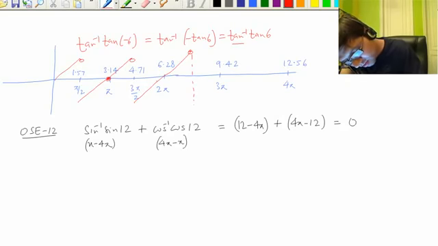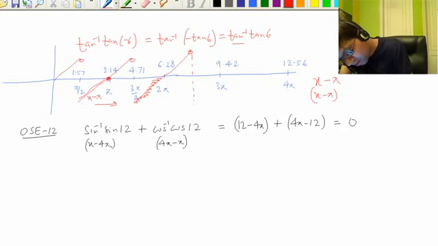Six is here on the section, and for the definition of this section, we'll move this pi units ahead, right? This definition is x minus pi. We have to move pi units ahead, so I'm writing here x minus pi. Pi units ahead means we replace x by x minus pi. X minus pi minus pi, so it is x minus 2 pi. So when we replace the value of x by 6, it is 6 minus 2 pi.